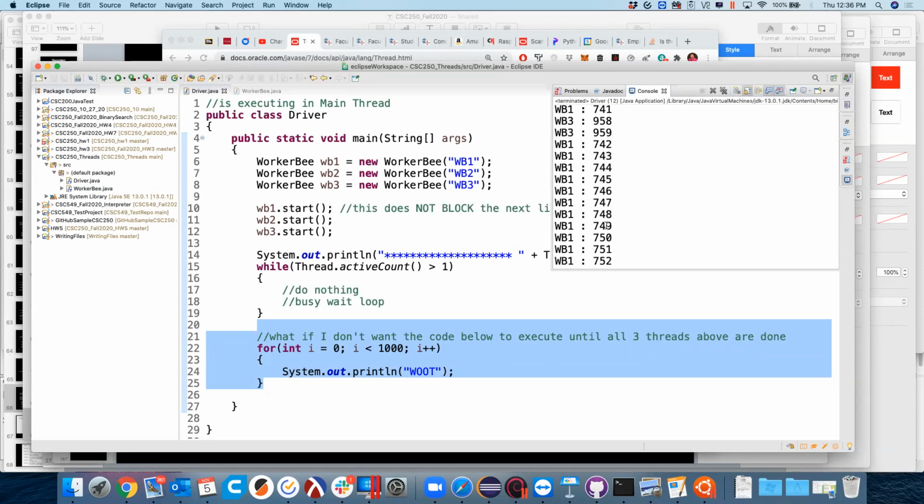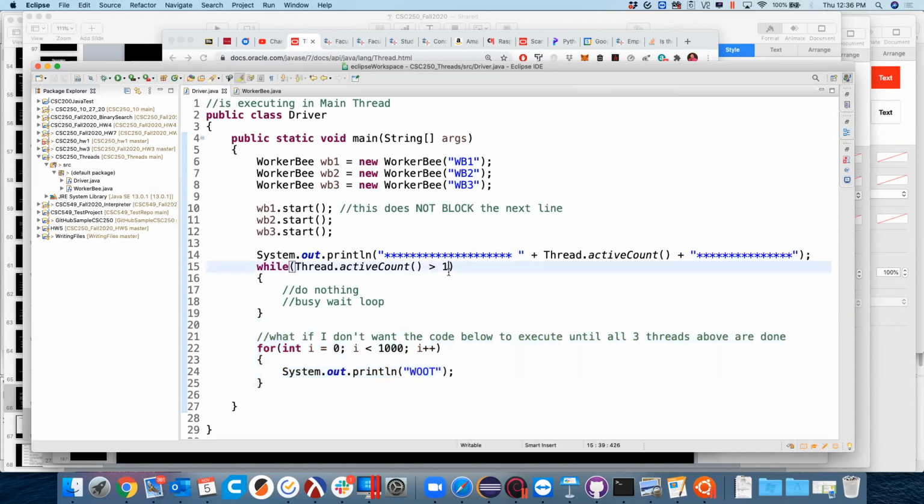So I should have woots being all the last part of my program then. That make sense? Okay, so we might call that kind of a hack. You know, this probably isn't the way. So this concept of busy wait loops, I probably referenced this before on a couple different occasions when it made sense